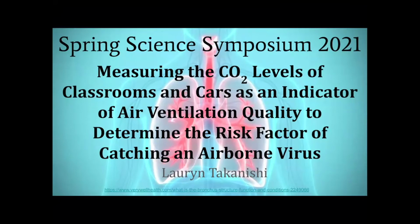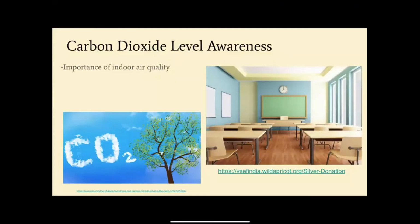Hi, my name is Lauryn Takanishi, and today I'm going to share with you a bit of my research from this year. My main goal was to measure the carbon dioxide levels of classrooms and cars as an indicator of air ventilation quality to determine the risk factor of catching an airborne virus such as SARS-CoV-2, which is the virus that causes COVID-19. Recently, there has been an increased concern and awareness about indoor air quality and the detrimental effects